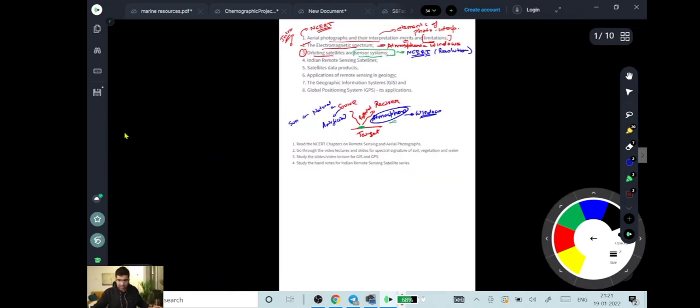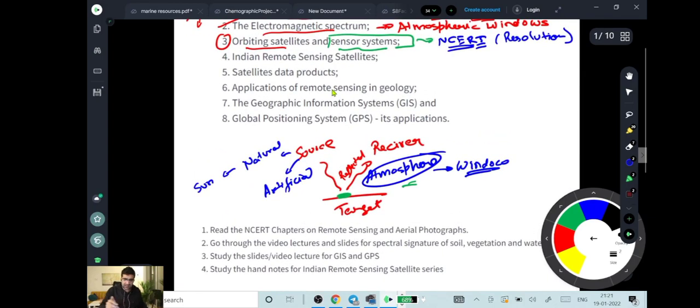Okay, all right. Indian remote sensing satellites. For example, you have studied this as part of general studies as well. You would have heard about Cartosat, Indian remote sensing satellites, the IRS series. All of this is covered in this part. Now, it can be a little extensive to memorize, so study it after you've studied sensors and